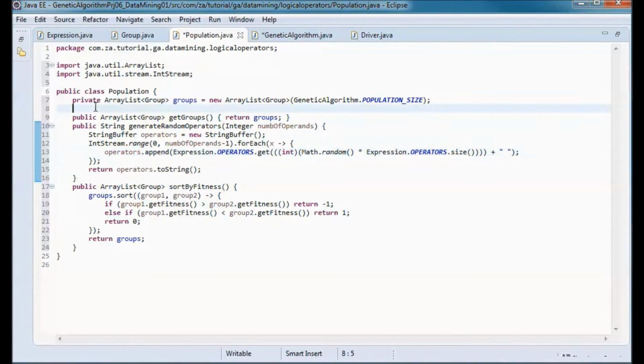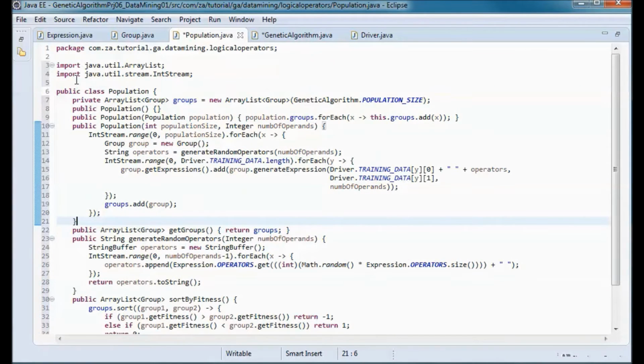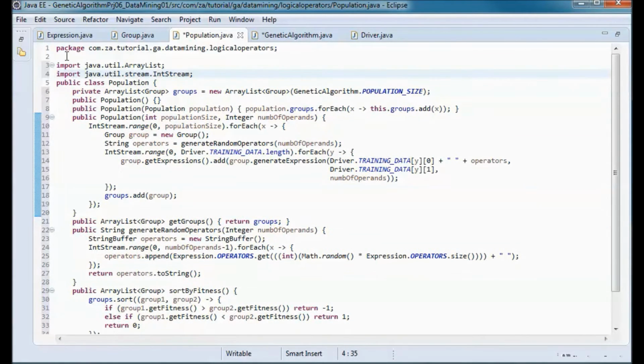And finally we'll have 3 different constructors.